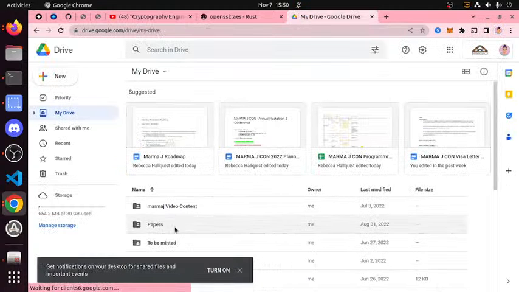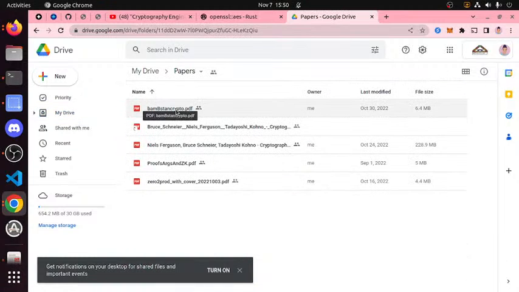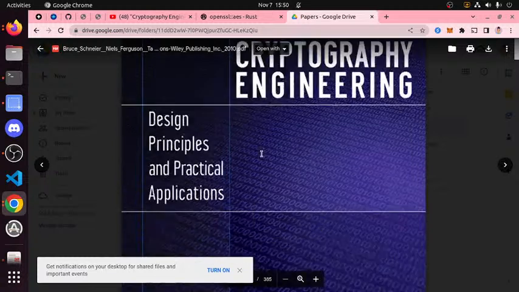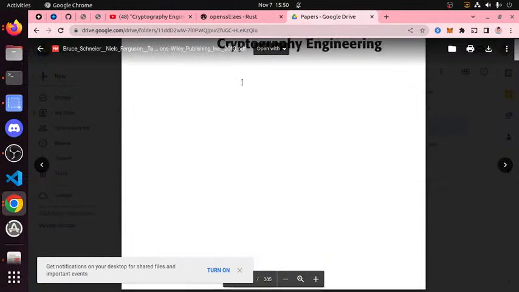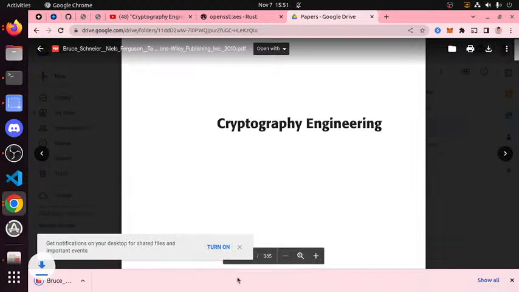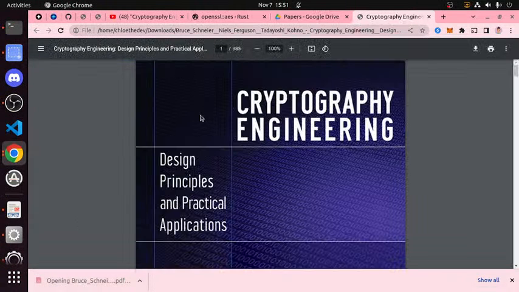If I go to my papers, I think it's this one. Oh yeah, I can already tell. See? I can highlight things. So I'm going to download this onto my computer and open it.